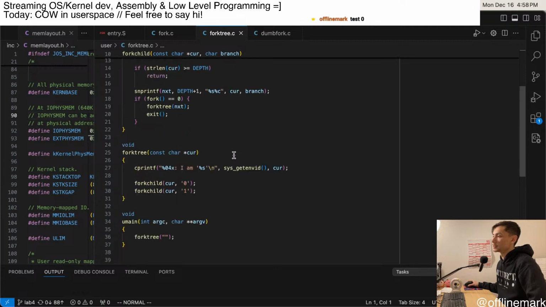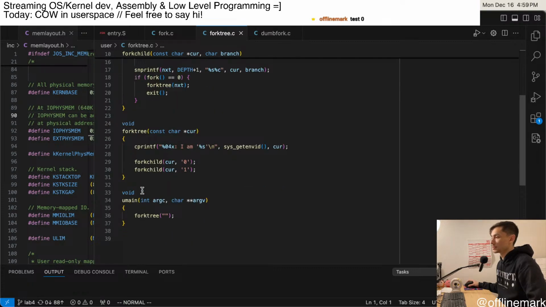And yeah, so the fork tree function does what? It